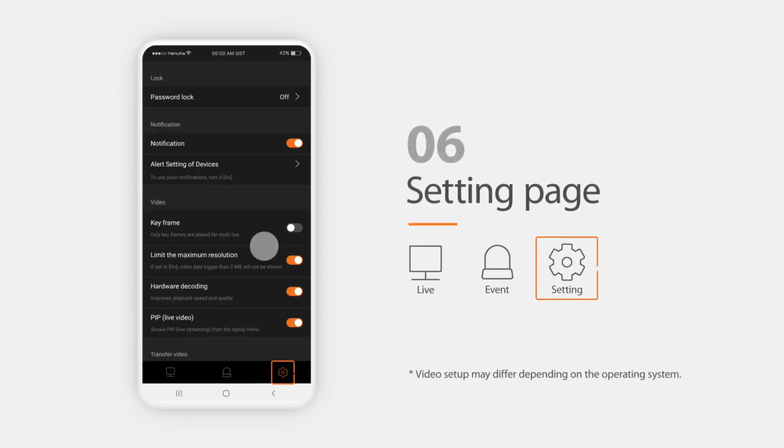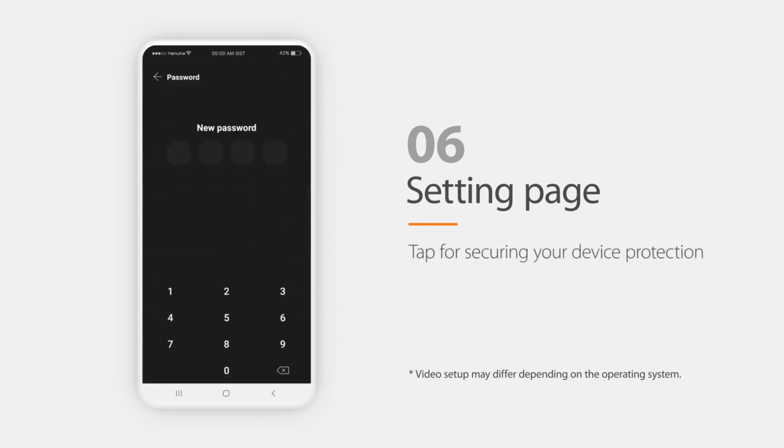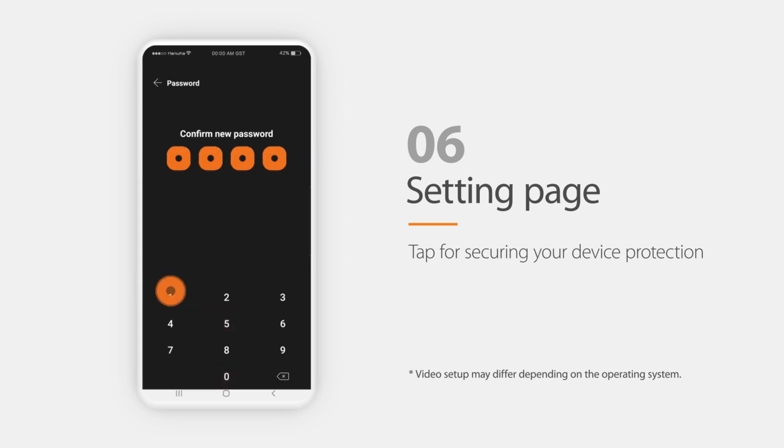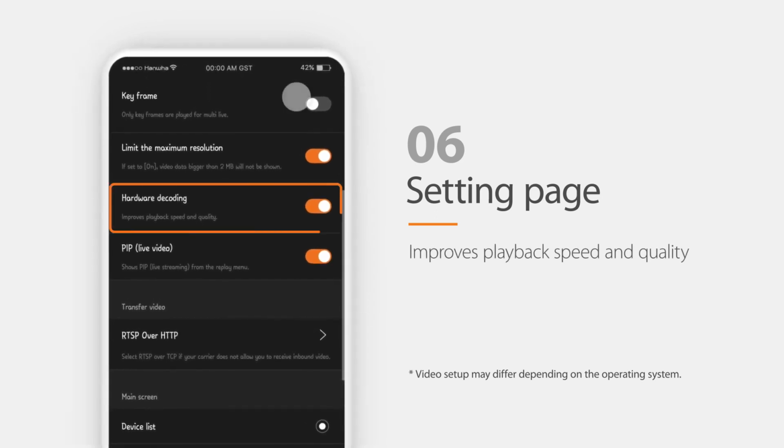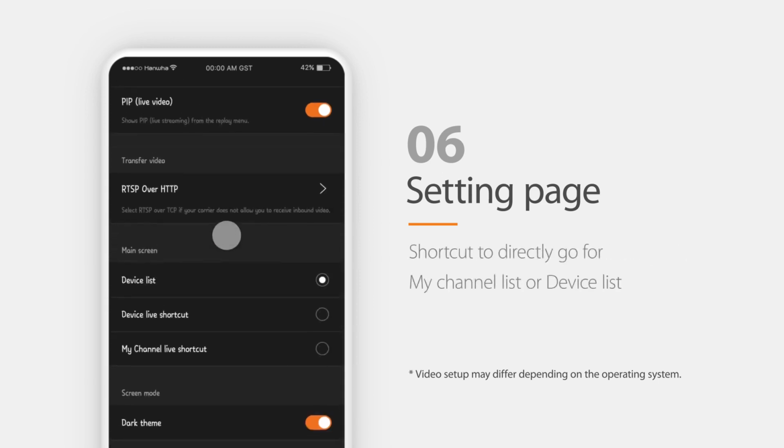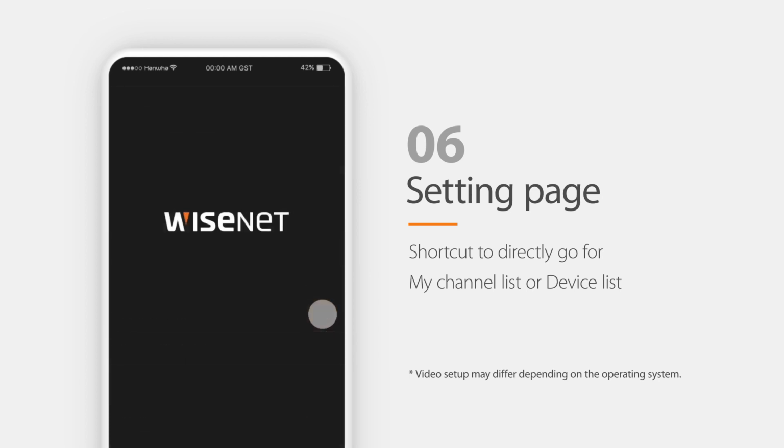This setting page is for your convenience, to manage this application. To operate the Wisenet mobile tool safely, we recommend you set the password. This advanced feature dramatically improves the playback and live monitoring speeds at higher quality, as compared to the previous version. You can set the main screen view here. Once you choose the device live monitoring shortcut, you can see the shortcut list you chose when you log in